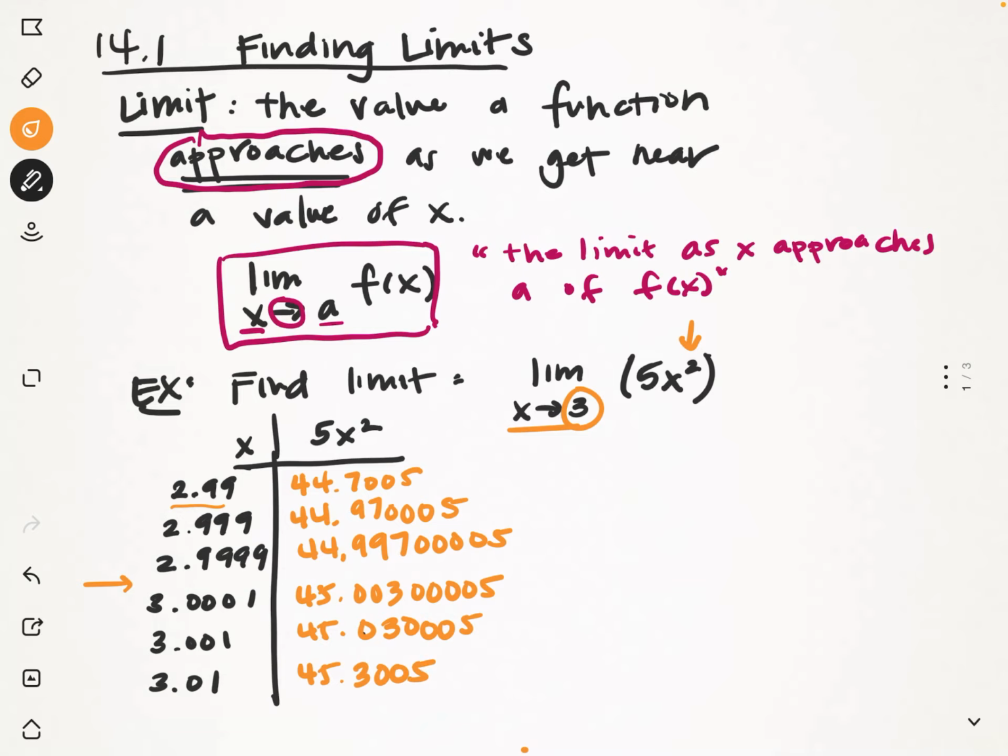Okay, so we're trying to find the value in the right hand column that this is approaching. If we go this way and this way and try to meet in the middle where 3 would be, we see that this is getting very close to